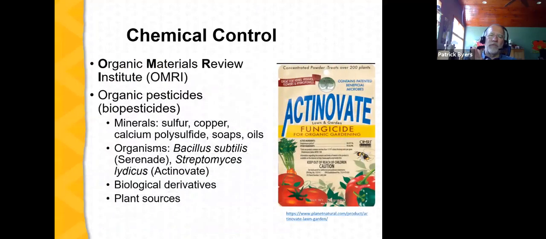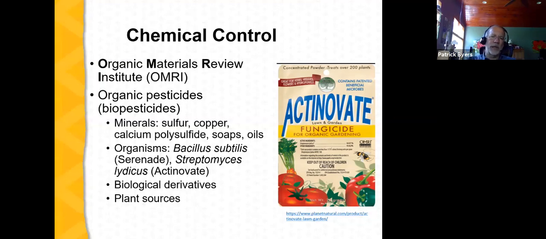We also have a group of plant protection products that are organic in nature, okay? And for growers who are interested in using these materials, an excellent resource is the Organic Materials Review Institute. It's abbreviated as OMRI. And frequently on packaging of organic materials, we'll see the OMRI designation. If we look at this package of Actinovate, which is an organic fungicide, we notice about halfway up on the right side, the OMRI trademark. What OMRI does is they examine the labels and certify them as having characteristics that make them compatible with organic production systems.